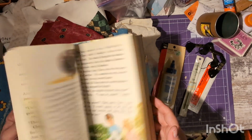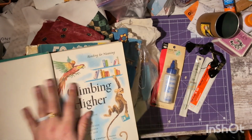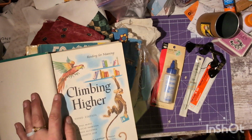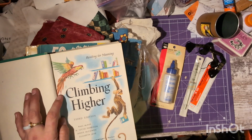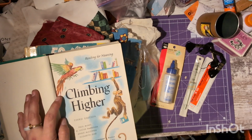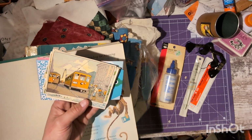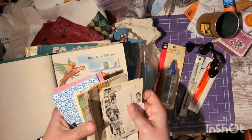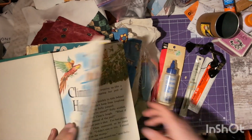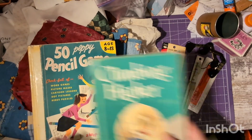So this is just a reader book. I'm a sucker for these pictures. These pictures, and let me see if I can find one really quick. Checking my little spinny tower here. I should show you guys what this thing looks like. It's really cool. It's supposed to be probably for ink pads, but I use them for my little fussy cutting things. So yeah, I'm a sucker for these kind of pictures. And I have a bunch of those, so those are in those bundles that you get from my shop. So yeah, that one,